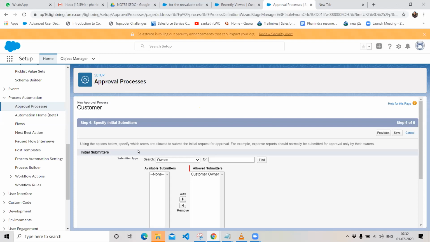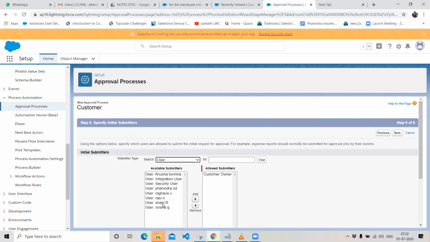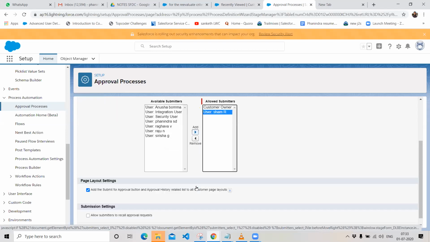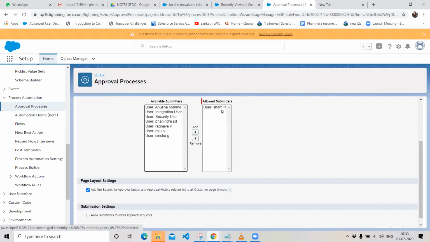You need to select certain people only who can submit your record. So we can specify in our sixth step who is the concerned person who can submit this record. I'm taking only Shyam to submit this record for approval. So now only Shyam will be able to submit the records.